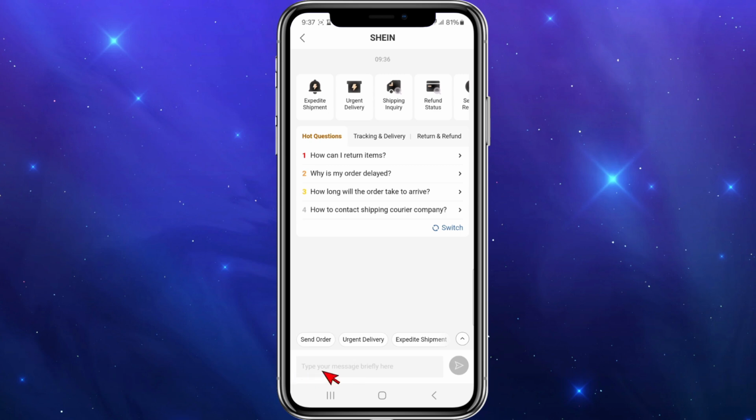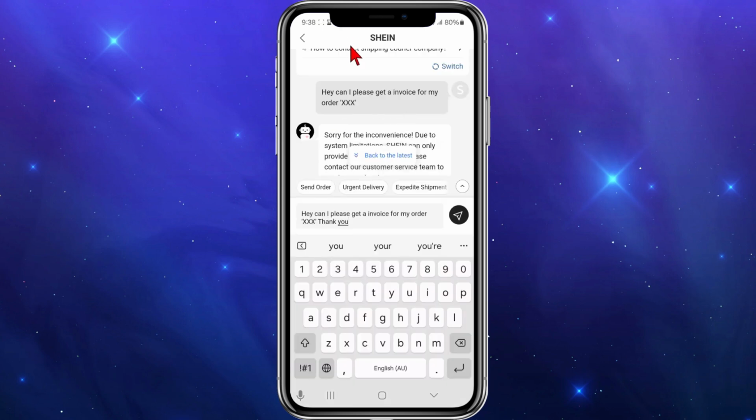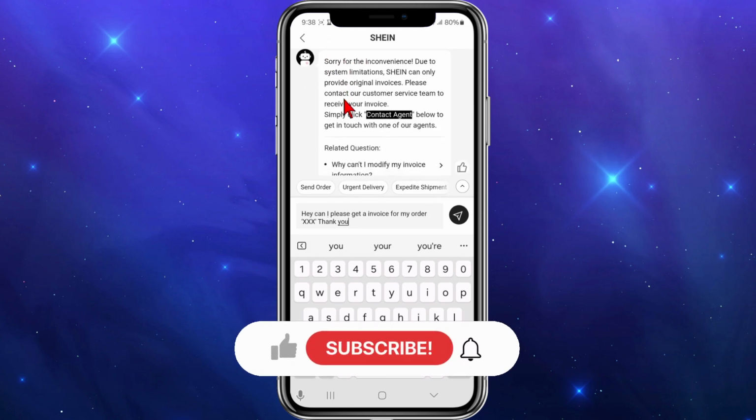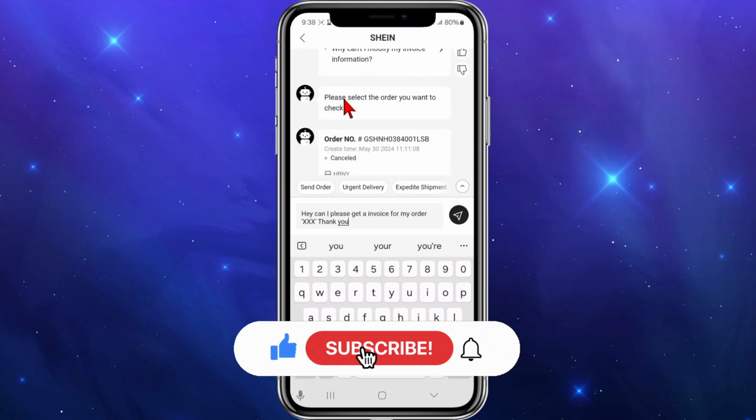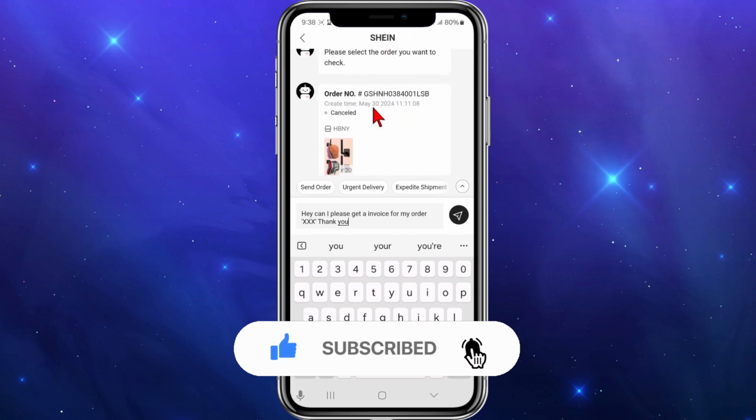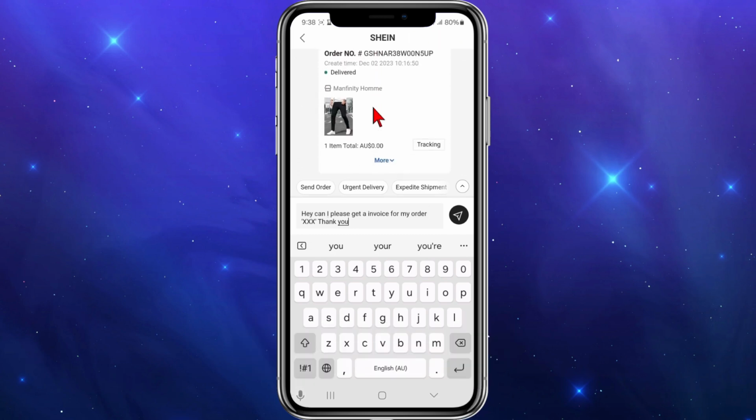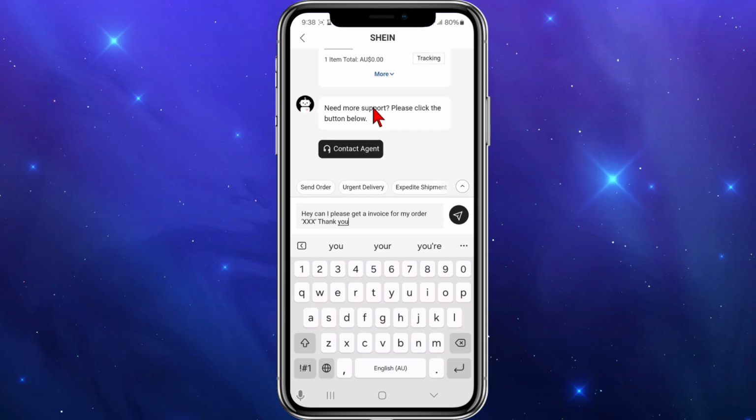So for example, down below type in something like this. So as you can see, I said, hey, can I please get an invoice for my order XXX? So put in your order obviously there, and then they'll state here, please select the order you want to check. So then put in your order, etc. And then I will say, can